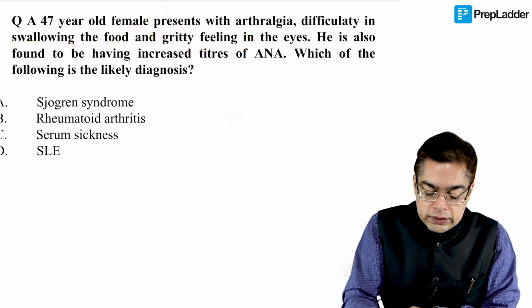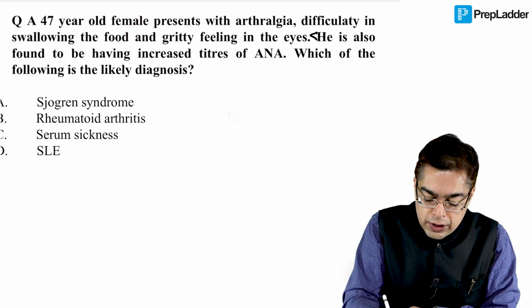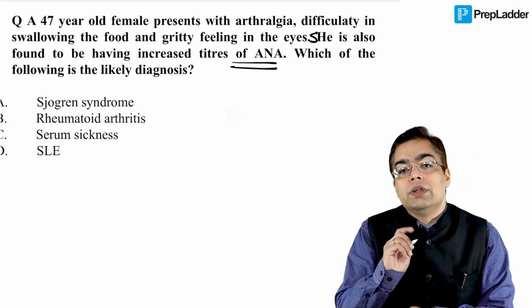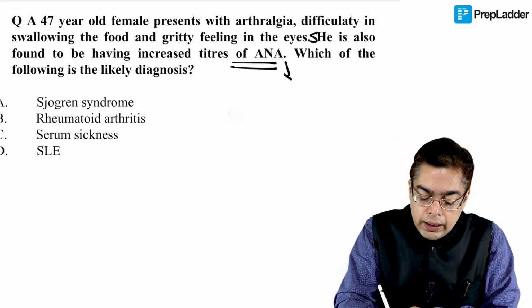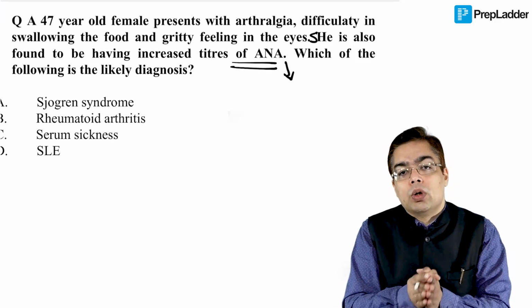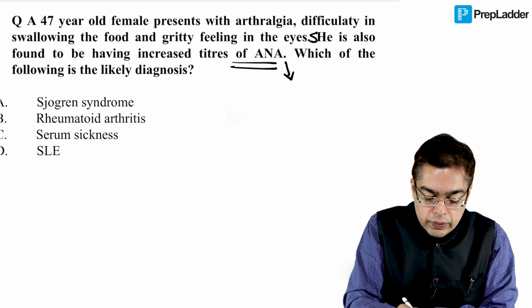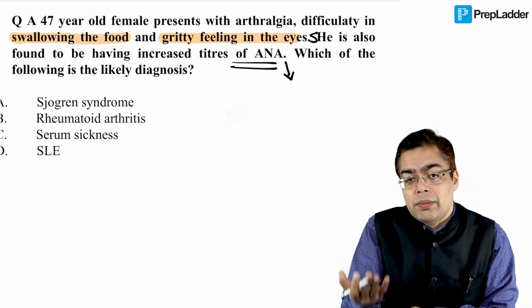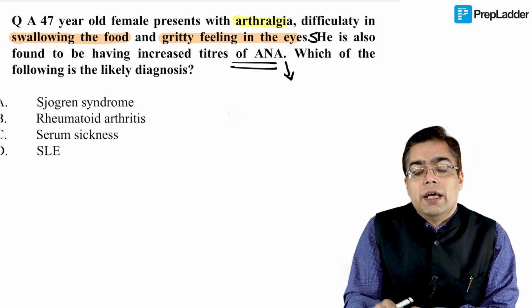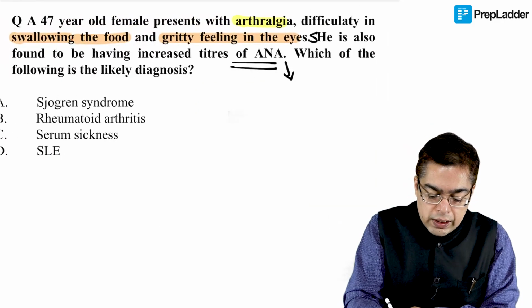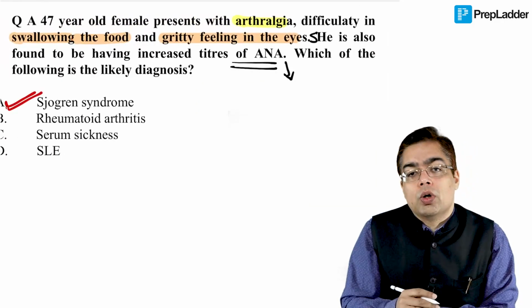Now, the question did make a mention of the fact that this patient is also found to be having increased titers of anti-nuclear antibodies. Now, two things that I want you to keep in mind. Fact number one, anti-nuclear antibody presence is relatively non-specific. This can be seen in multiple autoimmune disorders. But the clinching thing in the question happened to be this kind of history given. So, difficulty in swallowing of the food, the gritty feeling, as well as the presence of an accessory manifestation like arthralgia. Having said that, because I did talk about that with you in the main app as well, the answer becomes absolutely easy for us to remember over here. This is going to be something like the Sjogren syndrome.